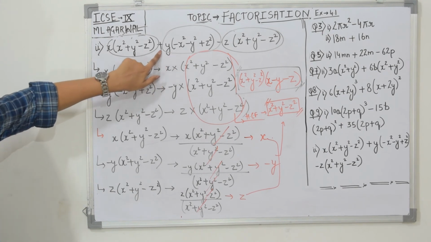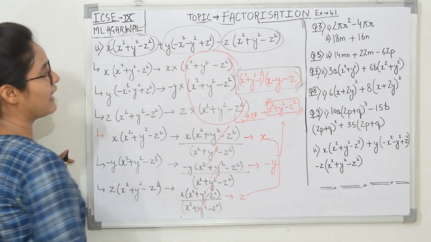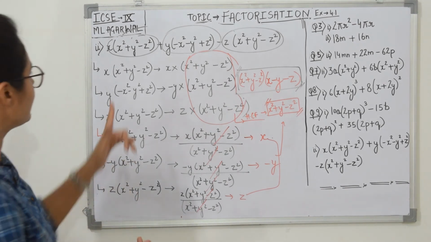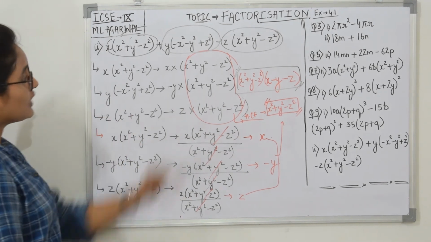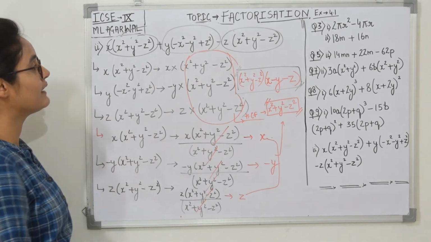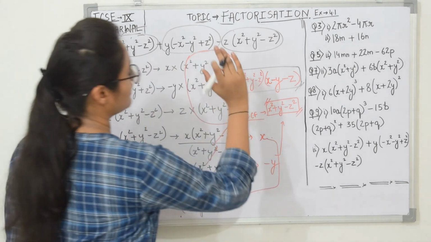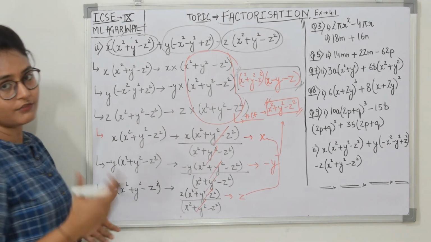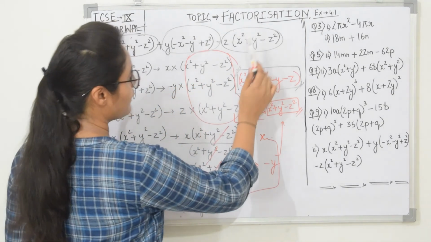When you take out your minus sign common here, the variables inside this bracket are also going to be the same. Now see, we are having three variables here: x square plus y square minus z square. In the second term, if you notice, you are having minus x square minus y square plus z square, and in your third term again you are having the same, x square plus y square minus z square. So the only thing making a difference here is your sign.